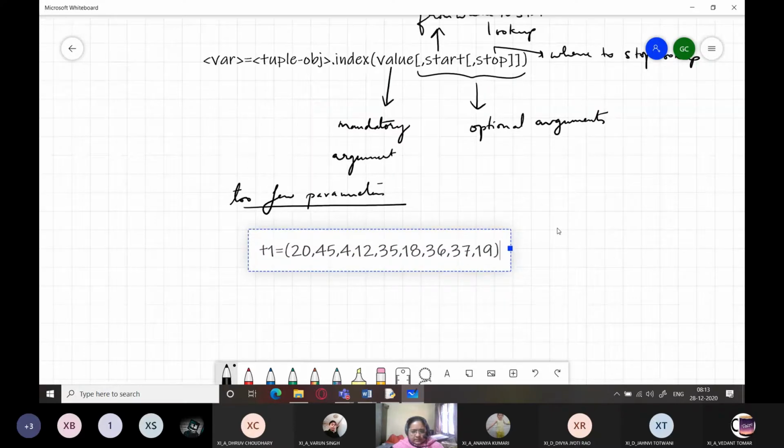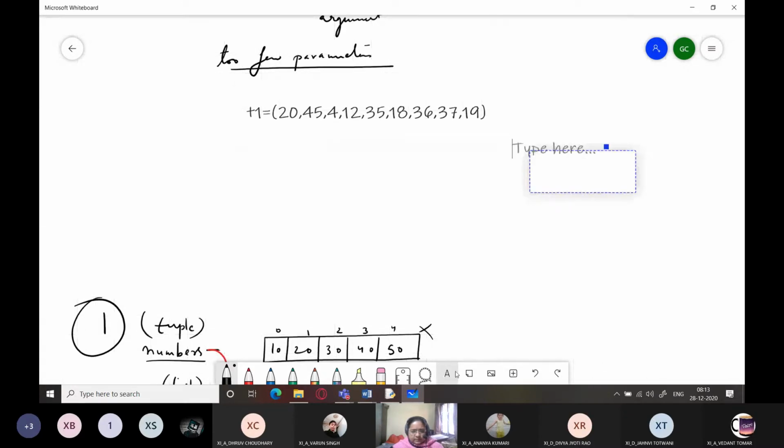This is the tuple. And because I started the search from here, earlier I had not provided start. That means the default value of start was 0. And so it gave me the value 0.